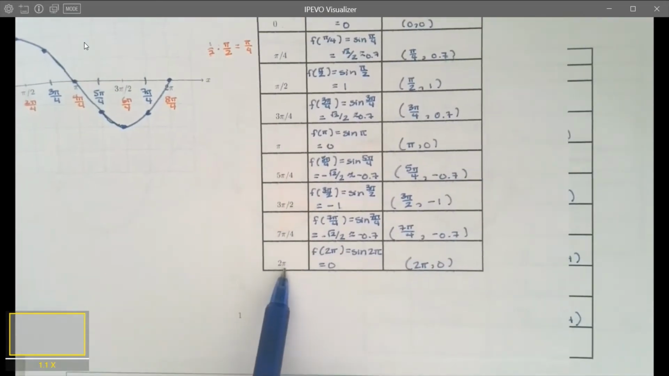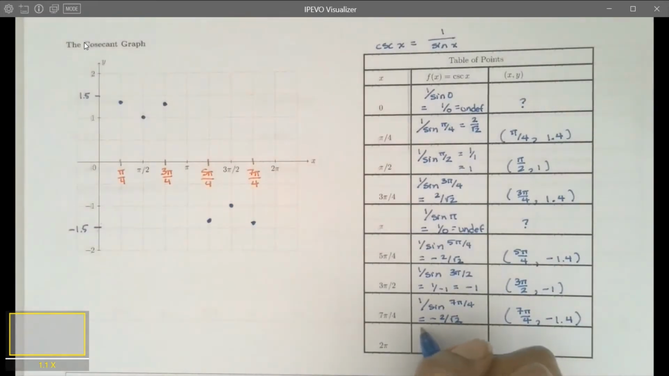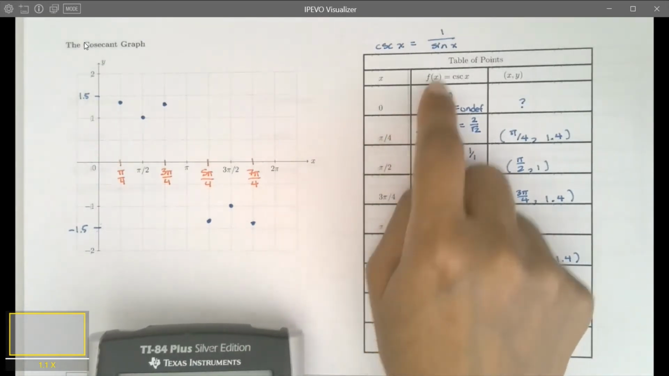And finally, at 2 pi, sine of 2 pi is 0. So if we try to find the reciprocal of that, that is going to be 1 over 0, which is undefined. Again, there's that question mark of what happens there. In order to figure out what is going on, let's try to instead find cosecant